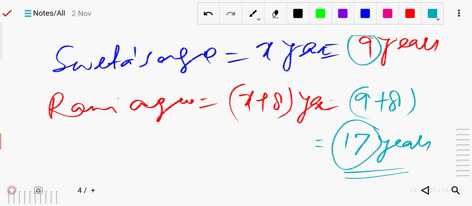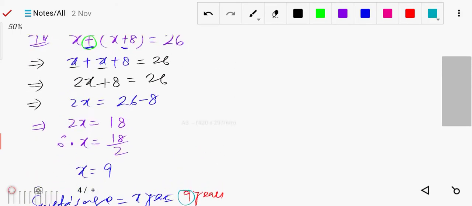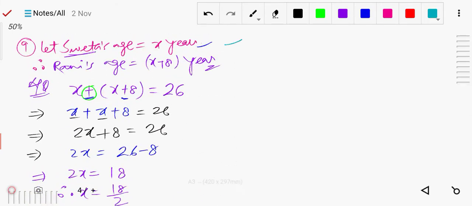Okay, you can solve it. So you can see the solution. We simply assume the two parts. Sweta's age was x, and of course Rani's age will be 8 years more than Sweta's age, because Rani is older than Sweta. Okay,